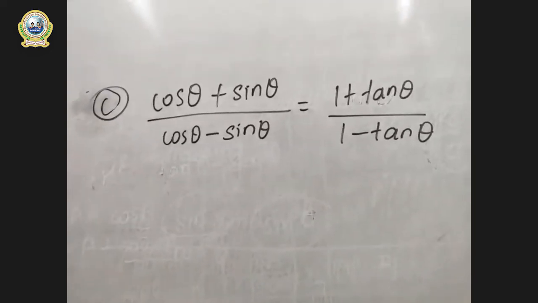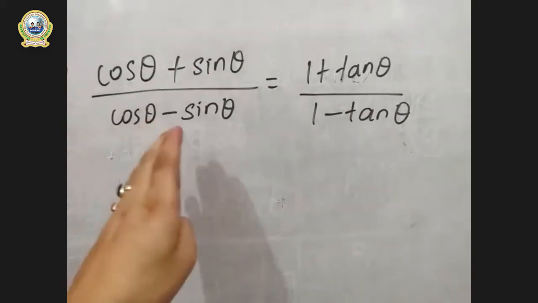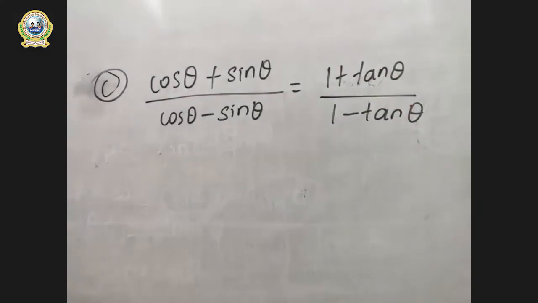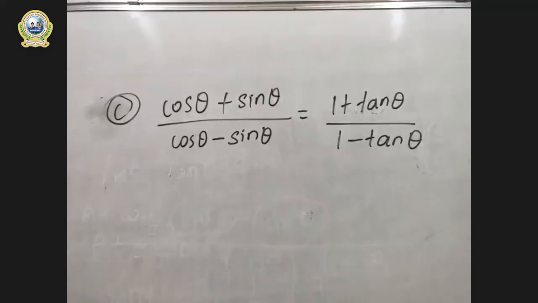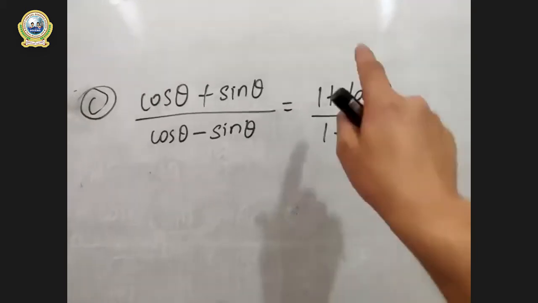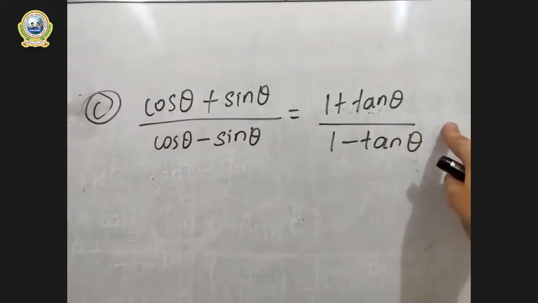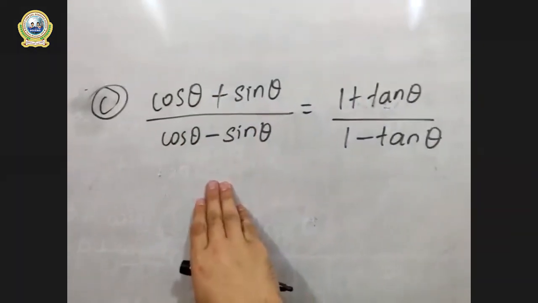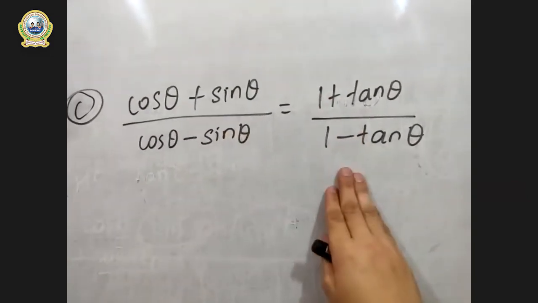Look at it carefully. In the left hand side, we have cos plus sin in our numerator, whereas cos minus sin in our denominator. But in the right part, we have 1 plus tan and 1 minus tan. Is it clear? Now, I have chosen this question because it seems easy to solve from the right part. Because look here, in the right part, there is tan. You can easily convert tan into sin by cos, right? But to convert this into tan, you have to work a few more steps. So let's do it from the right.